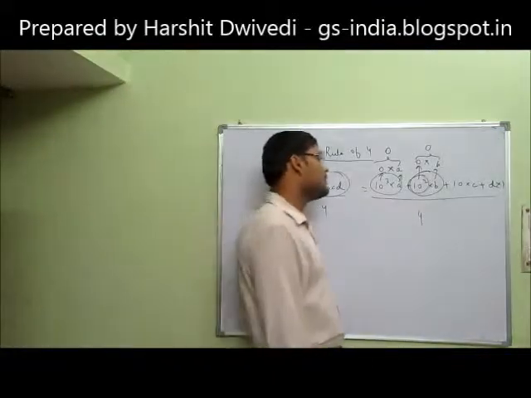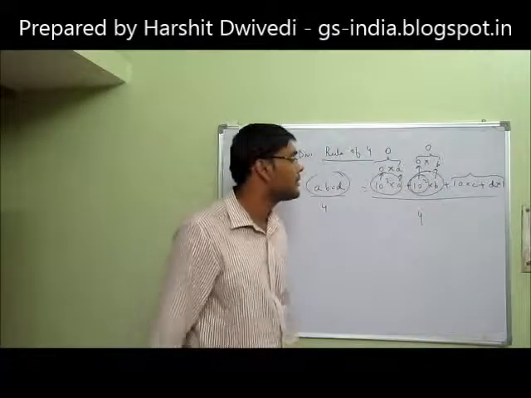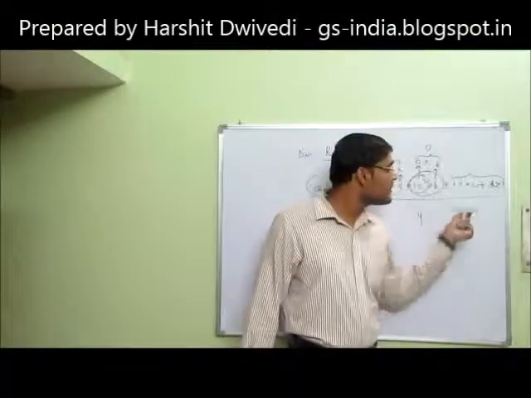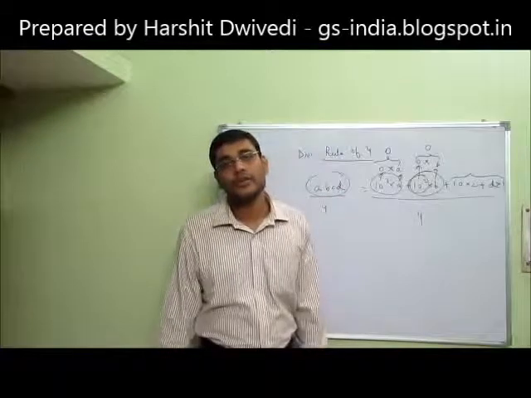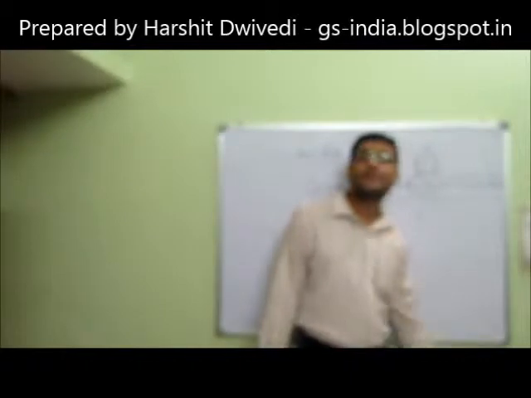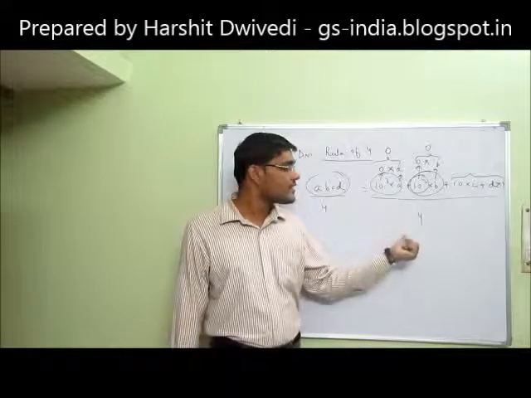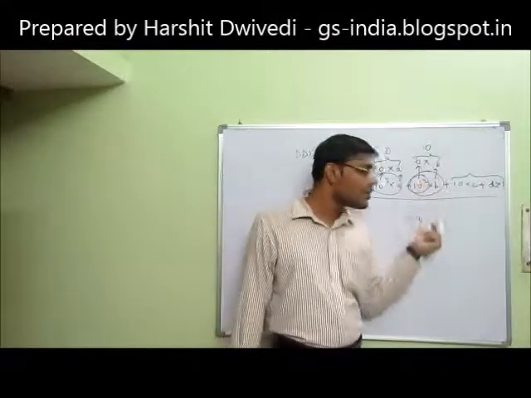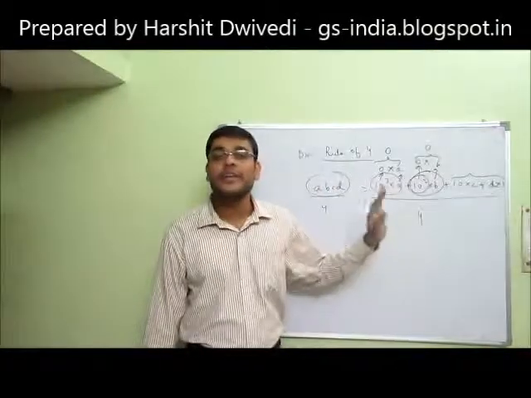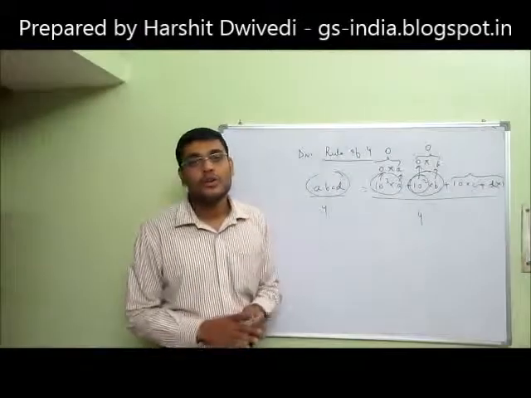Now, coming to this expression, 10 into C plus D into 1. When 10 is divided by 4, what is the remainder? 2 is the remainder. That is, this 10 is not exactly divisible by 4. So I cannot say that when this 10 into C is divided by 4, the remainder will be 0. I said this for the earlier terms because 10 cube was exactly divisible by 4 and 10 square was exactly divisible by 4. But in this case, 10 into C, this 10 is not exactly divisible by 4. It is leaving a remainder of 2. So I cannot say that 10 into C will leave a remainder of 0 when divided by 4. So this is why